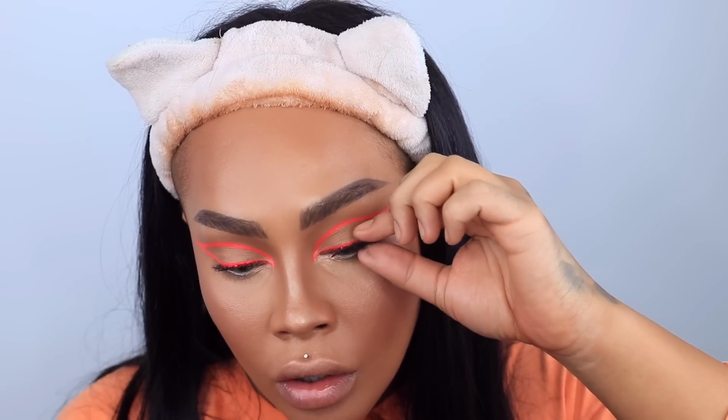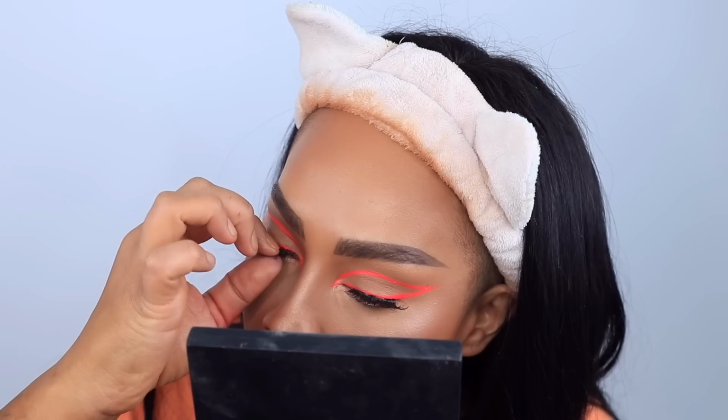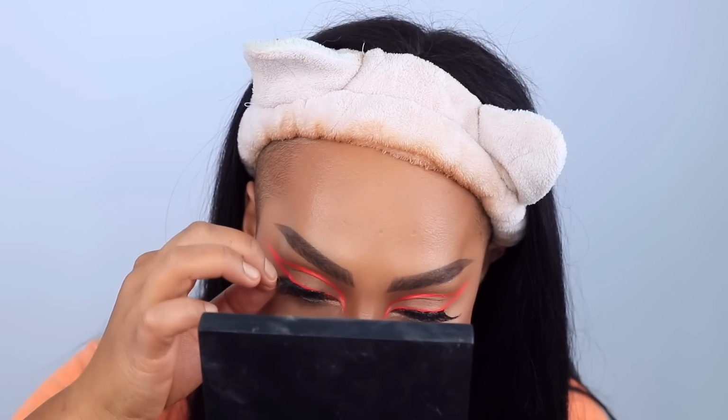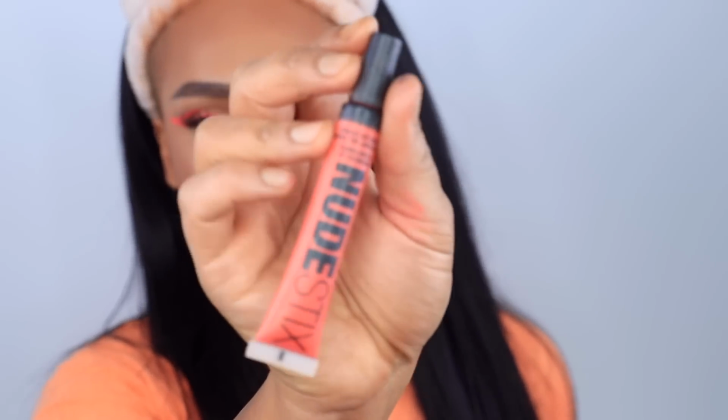These are some of my favorites. They look like real lashes. And because we did such extra liner, they're very long, but they're super thin, so you can still see all the work we did underneath. I'm going to take whatever's left over on my beauty blender and kind of mute out the outer corners of my lips, going in with the Nude Sticks magnetic lip paint, and I'm going to put that in the center